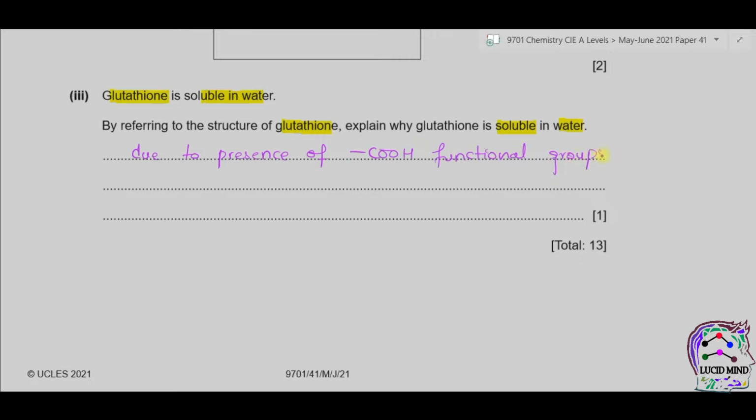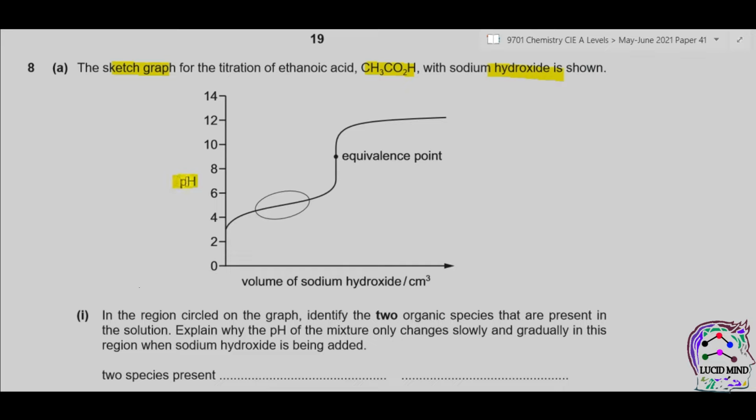Question 8 part A. A sketch graph for the titration of ethanoic acid with sodium hydroxide is shown. This is the pH and this one is the equivalence point. Volume of sodium hydroxide is on the x-axis. Part 1. In the region circled on the graph, identify the two organic species that are present in the solution. Explain why the pH of the mixture only changes slowly and gradually in this region when sodium hydroxide is being